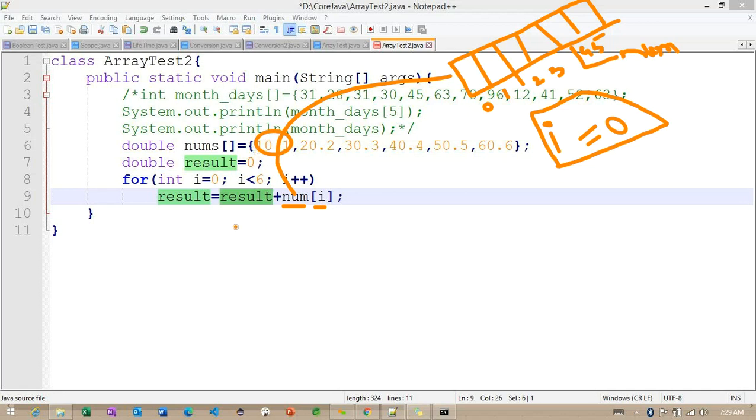Now what we are doing is we are trying to do some addition with the result, and again the value we are storing into this particular result here. So the second time, the I value will become 1 here. Getting the point. So previously we had some value in this particular result. Again we are trying to do a different value based on this particular index number here. So what is the index number we are having currently? 1, because the I value is increased to 1 here.